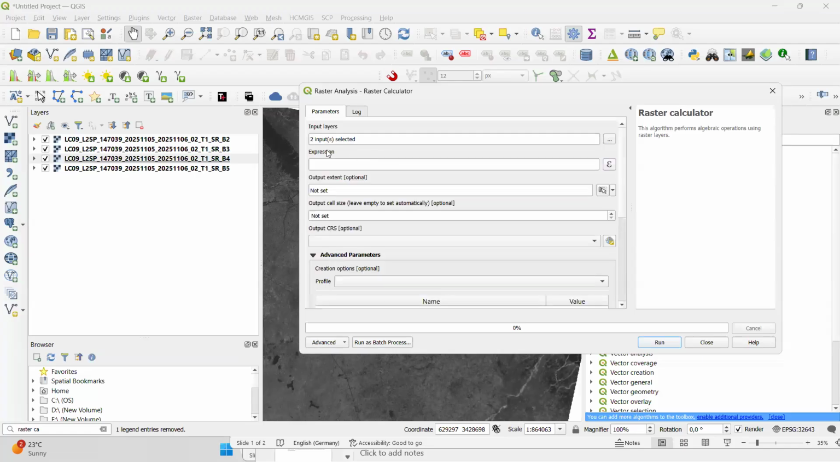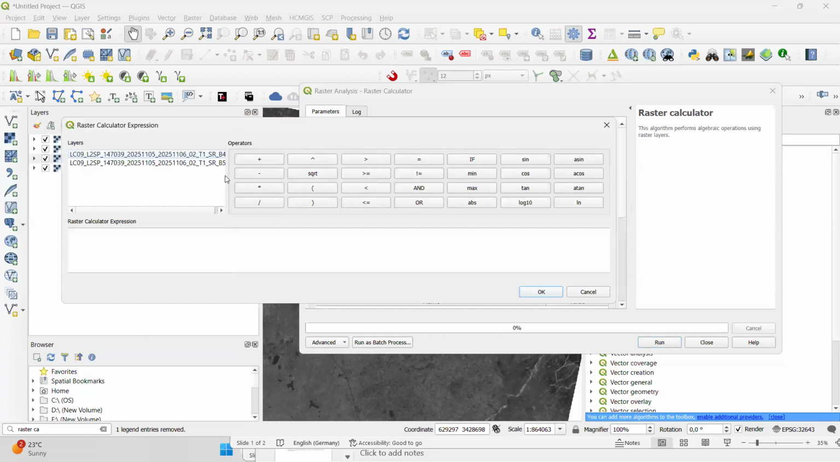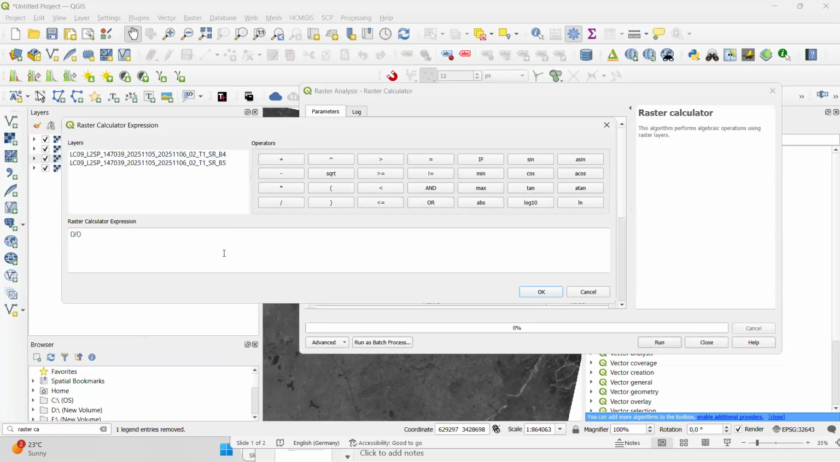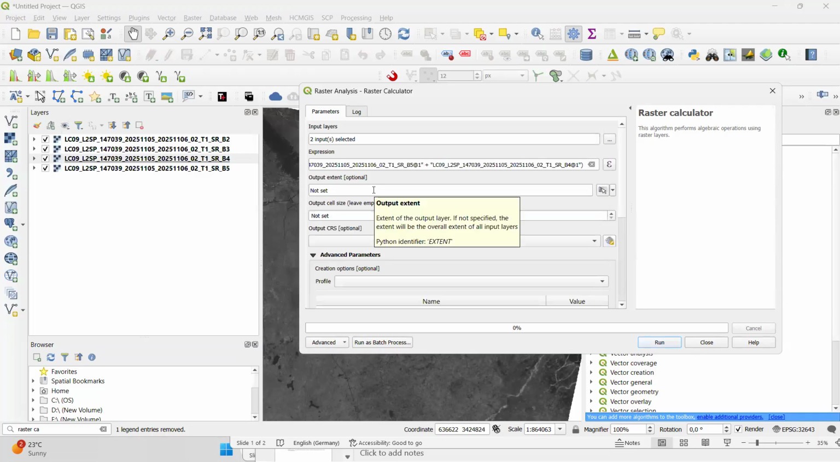We add it. Now we have two layers. Now we have to give the expression. So in this expression, now since we know the formula of NDVI, I'll choose NDVI minus red band by NDVI plus red band. So similarly in raster calculator for any other indices, you can just simply select your bands,